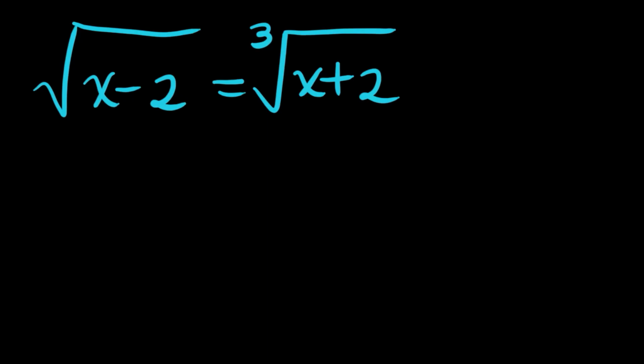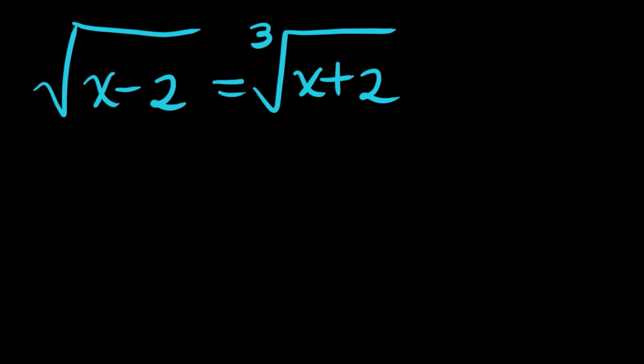We have a radical expression with both square root and cube root. We have square root of x minus 2 is equal to cube root of x plus 2, and we are supposed to find the solutions to the problem. Now the left hand side is square root and the other side is cube root, so we need to just